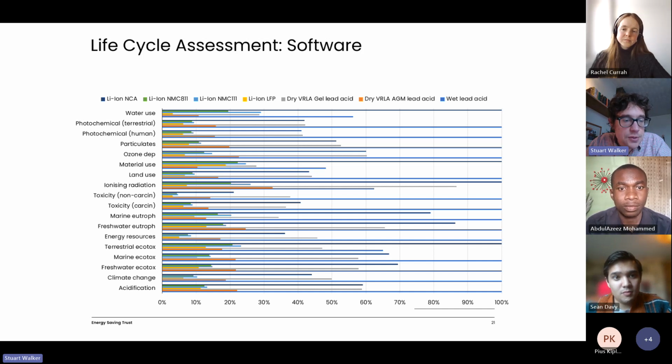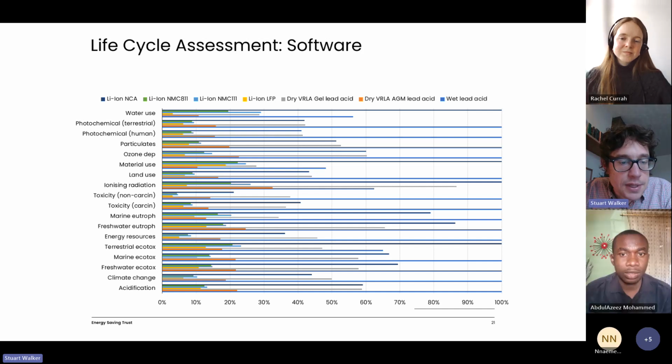So that's the one that's basically talking about carbon footprint. That's the one that is often quoted, but you can see there's a lot of other impacts that we've also calculated during this study. In each of those, you'll see there are 1, 2, 3, 4, 5, 6, 7 different colored bars. Each of those represents a battery type, and you can see them along the top. There's the lithium ion, NCA, and so on. What this is doing is comparing results for different types of batteries producing the same amount of power and looking at the relative impact of each.